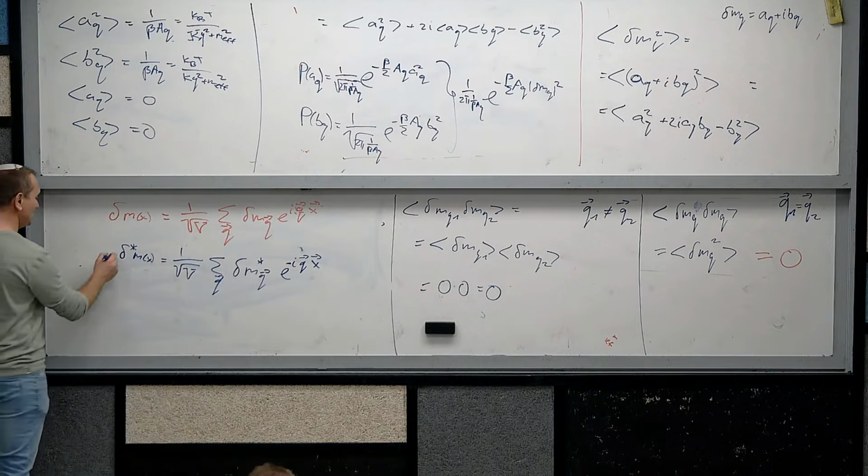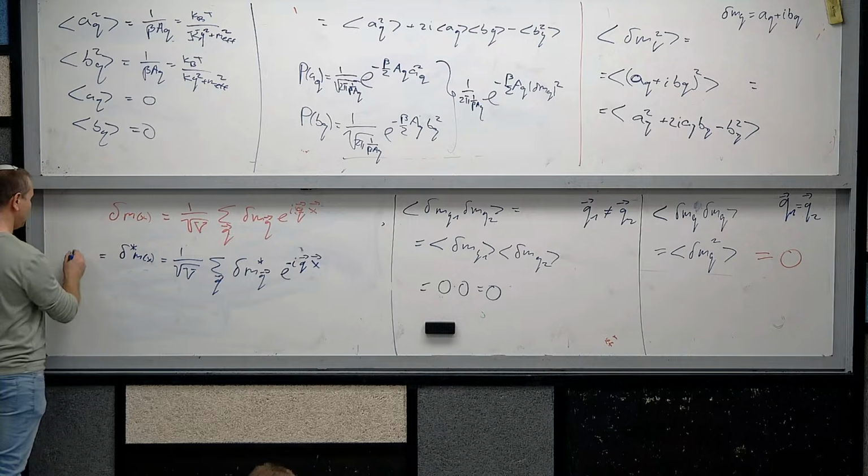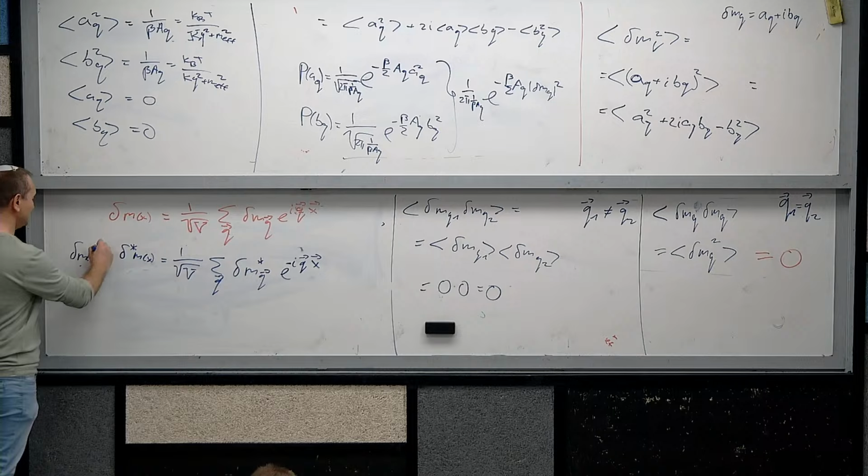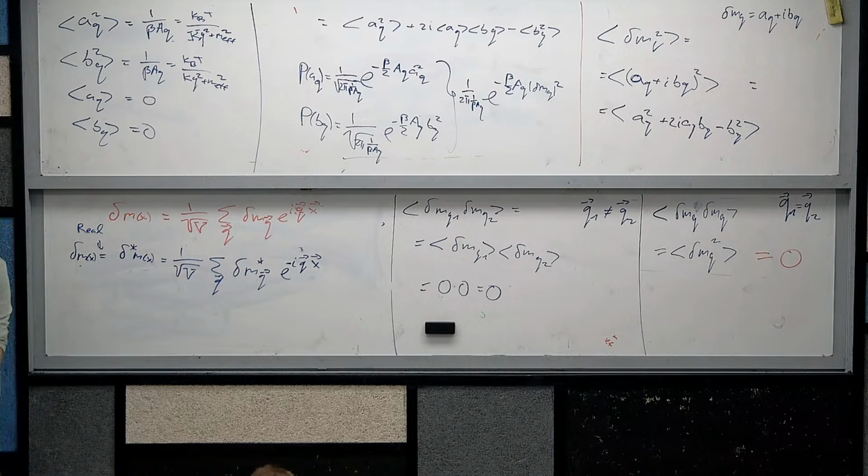But this is also equal to delta m x, right? Because delta m x is real, so if I'm taking a complex conjugate of it, it's still real. What else can I say about it? Well,